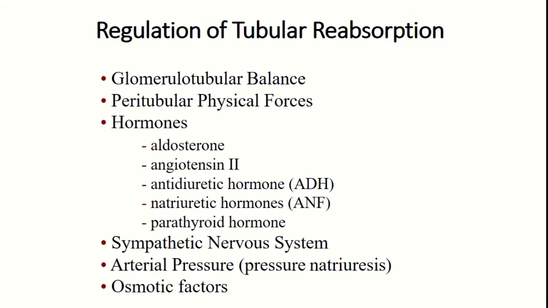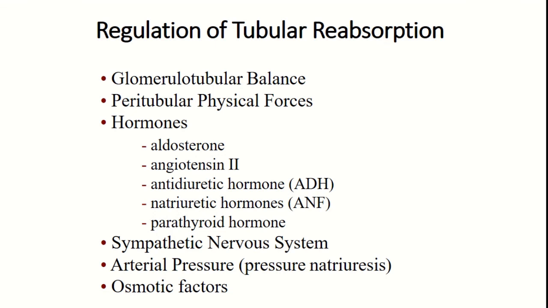The last hormone over here is parathyroid hormone. Remember, parathyroid hormone is going to act on the proximal convoluted tubule, distal convoluted tubule, and the thick ascending limb of the loop of Henle. On the proximal convoluted tubule, it is going to increase the secretion of phosphate, while on the thick ascending limb and on the distal convoluted tubule, it is going to cause more and more reabsorption of